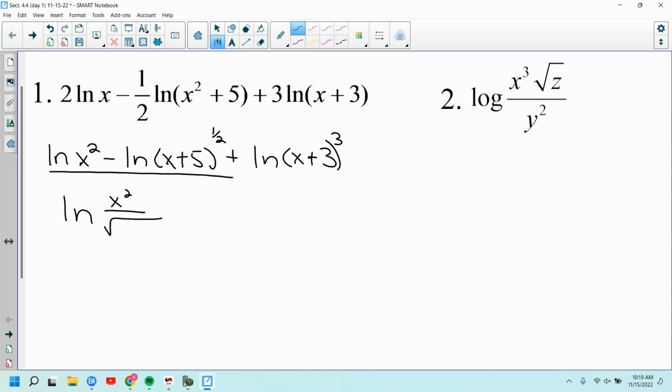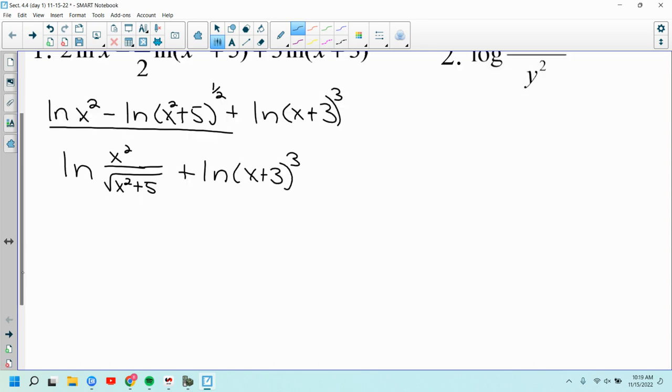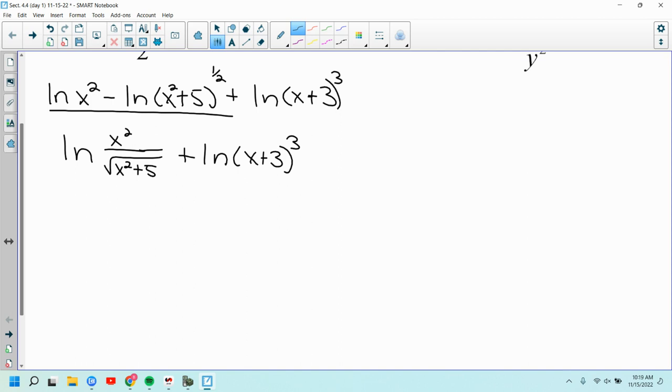Square root, should be x squared. X squared plus 5 plus the natural log of x plus 3 cubed. Well, what do we do when there's a plus to the expressions? We don't divide them, we multiply them. Now I'm going to do this in 2 steps. I know you probably do it in 1, but just to demonstrate something, every now and then